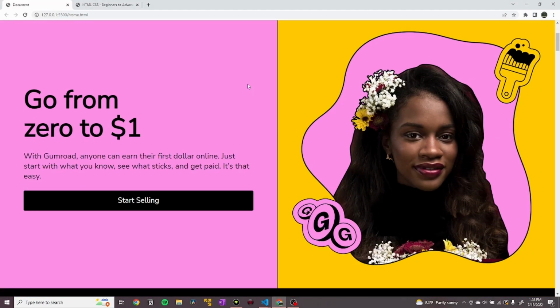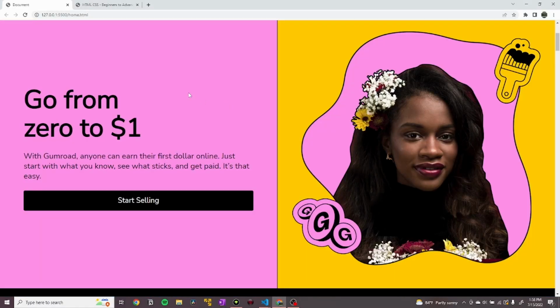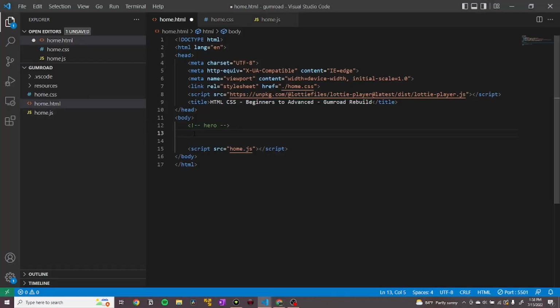I'm going to give this a class of grid halves, okay? Grid halves is going to make it easier for us to use later on too, right? Because we can reuse the same thing of having two halves in a grid over and over again. So I'm going to just make a div, and to make it easier